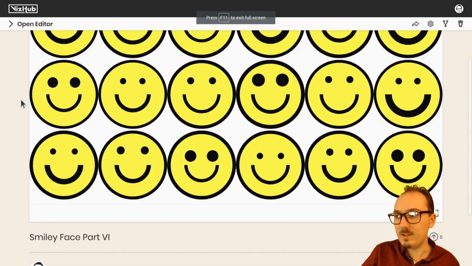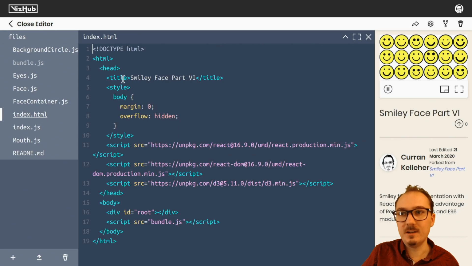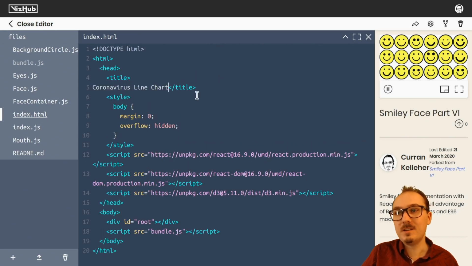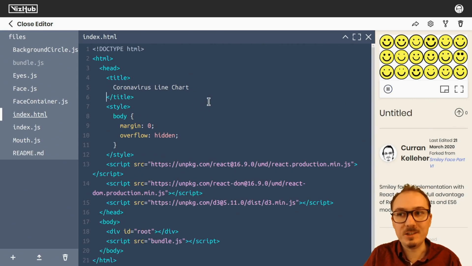And here, in this new fork, I'm going to change the title of this one to set our intention to say this will be the coronavirus line chart. So what have we got here? We're pulling in React and we're pulling in D3. So we have all of that at our disposal, and this program